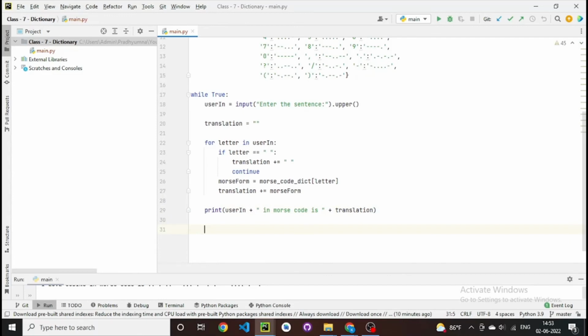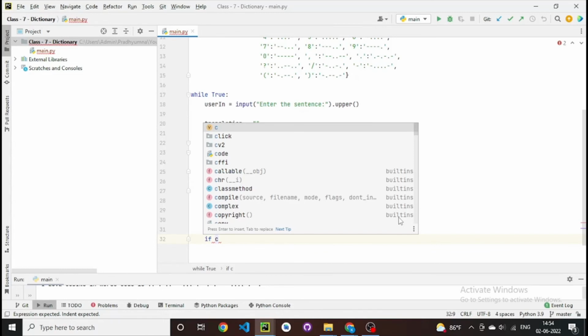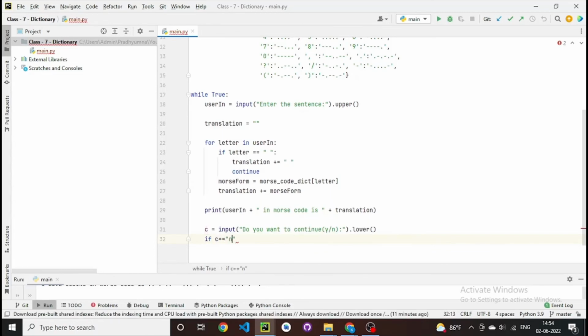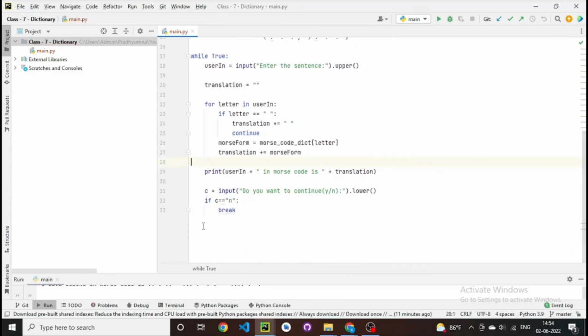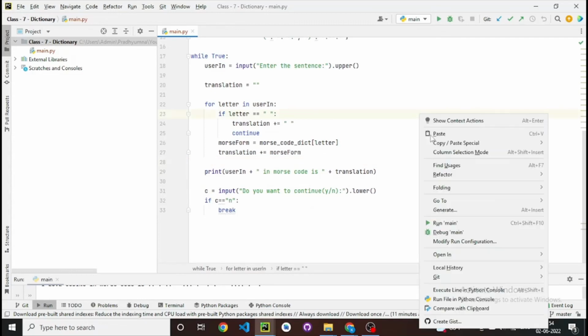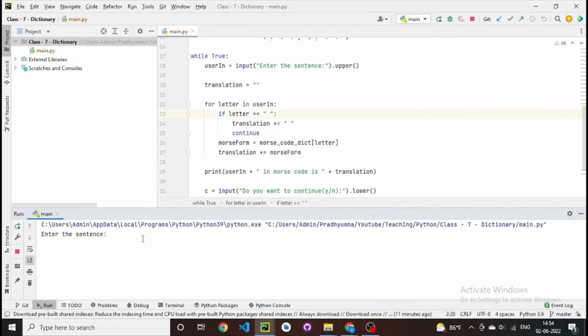So we just ask C is equal to input, do you want to continue? So we can just say yes, y or n. We have to convert it into lowercase. If C is equal to n, so we just break the loop. Here we do not give anything after this, so you can just run it, enter the sentence,